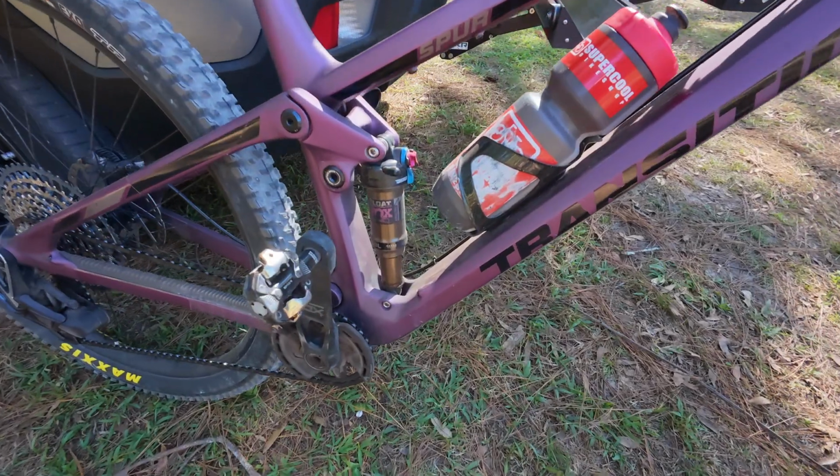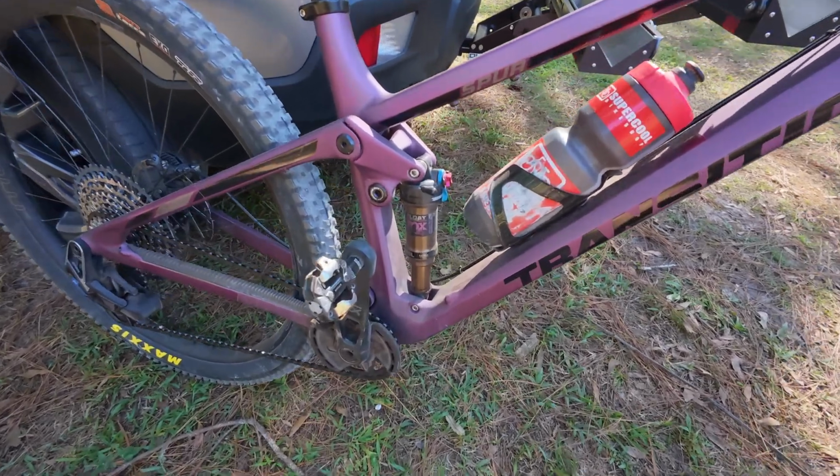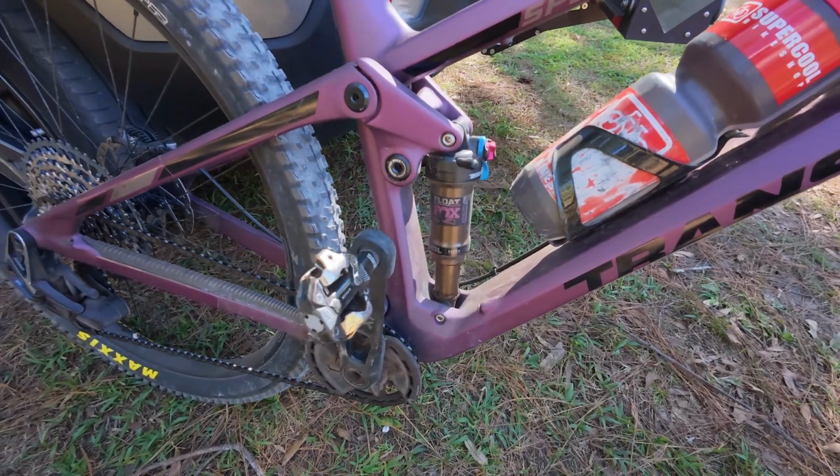And so what I'm going to do is go down to some of my favorite testing grounds at Santos. We're going to ride some of the tech trails. We're going to ride some of the cross-country trails. Now first, I'm going to ride the Transition Spur with the Fox shock that came on it. It's a Fox DPS, extra volume, really nice riding shock, but I want to get used to that today, and